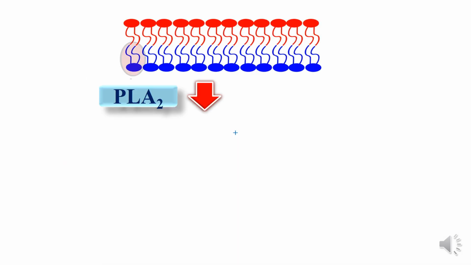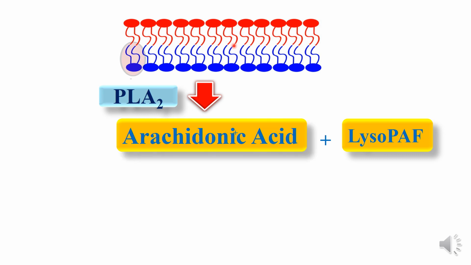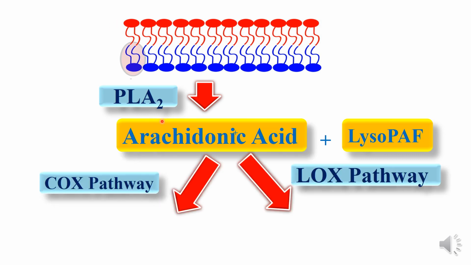Now in our body, the phospholipase A2 acts on the cell membrane, and the product is lyso-platelet activating factor and arachidonic acid. This arachidonic acid undergoes two pathways, the COX pathway and the LOX pathway, based on two different enzymes, cyclooxygenase and lipoxygenase. So the phospholipase A2, which is the first enzyme of the pathway, is inhibited by steroids, and